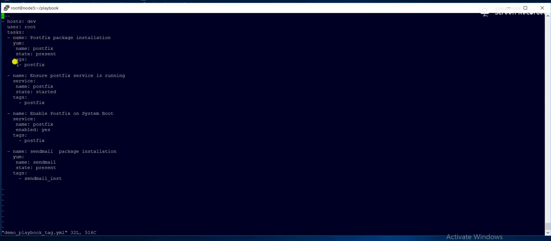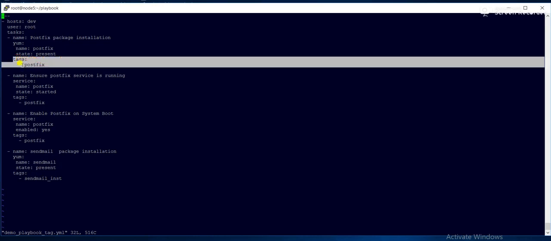These are the tasks I have defined. The first task will install the postfix package. The second will start the postfix service. The third will enable postfix, and the fourth task will install the sendmail package. For each task there is one tag.